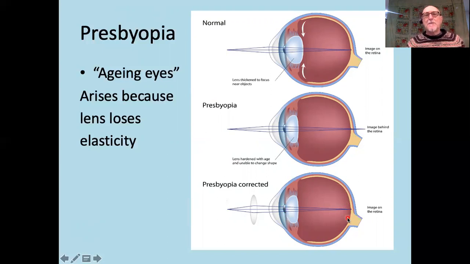In actual fact, presbyopia ends up being like a sort of farsight, hyperopia, because it focuses the image behind the retina, not ahead of it, but behind the retina. But again, it is corrected quite easily just with a simple magnifying glass in reading glasses. Unfortunately, I have to tell you that most of you eventually are going to suffer from presbyopia. It's a little bit depressing when it happens, but it does indeed happen to virtually everybody eventually, that they have some degree of aging eyes, simply because the proteins in the lens start to age and lose their elasticity.